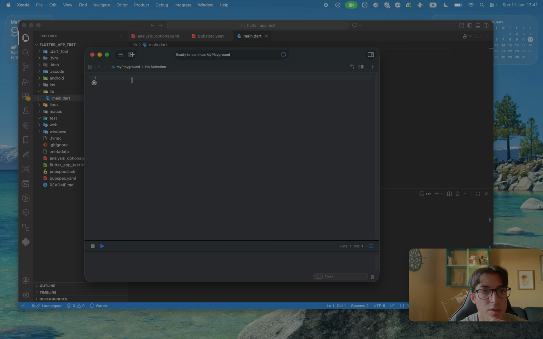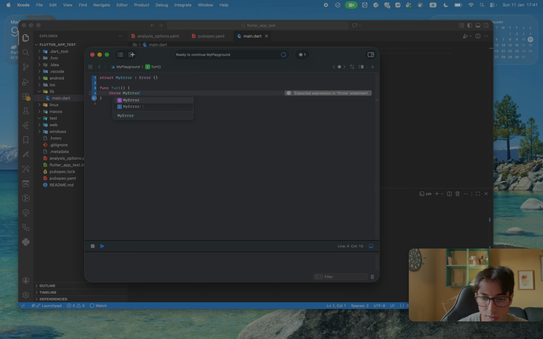So the first thing, imagine that you have a function, and this function just throws an error. So if we create a function, this is Swift, this is not Dart, this is the Swift playground, and let's try to create a function. The first thing that we are gonna do is just create a simple function, function1, and then here we are gonna say that this function is going to throw an error. So let's create an error here, an error class, or in this case a struct, which is gonna be something like, I don't know, MyError, and we are gonna implement the protocol, which is gonna be Error, and that's it. That's the struct. Then we are gonna throw that error here, MyError,